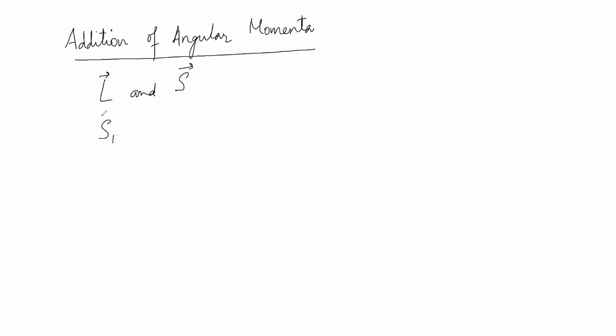It talks about the addition of, for example, a spin of the two different particles, or addition of orbital angular momentum of the two different particles, or it talks about the addition of two different total angular momentum. First, there is a particle which possesses orbital angular momentum as well as spin angular momentum, and then we are talking about the addition of